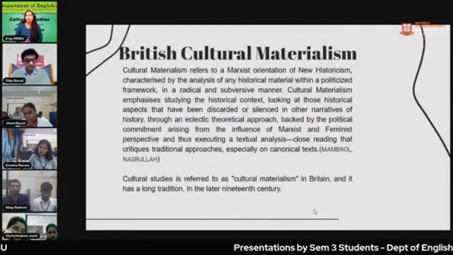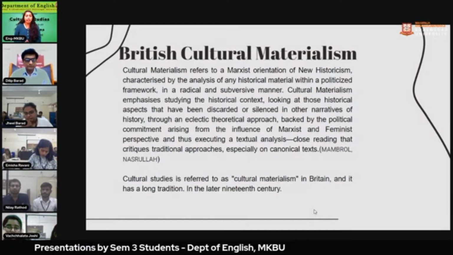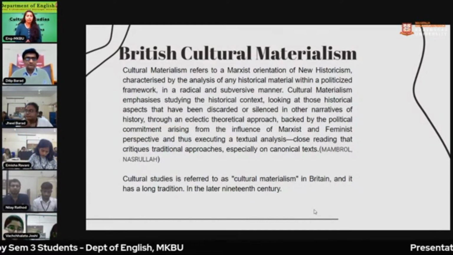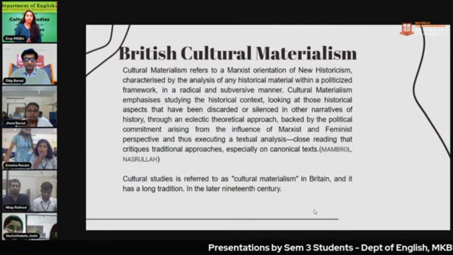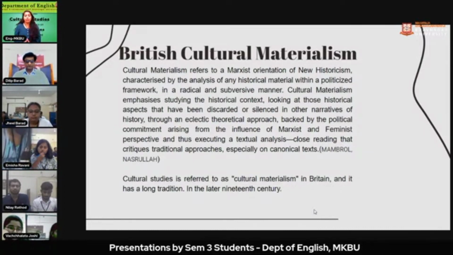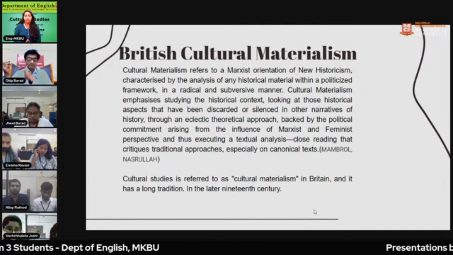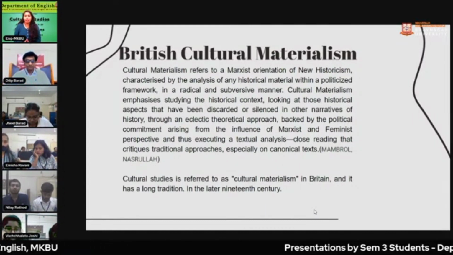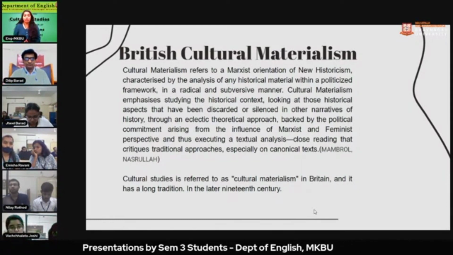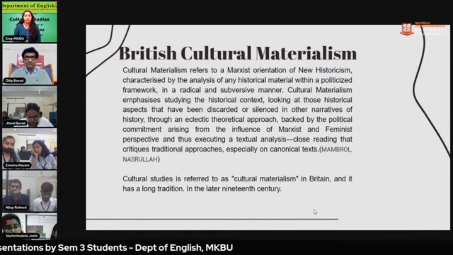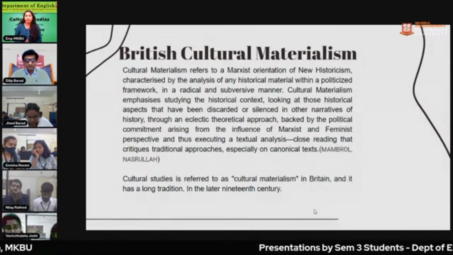Cultural materialism refers to a Marxist-oriented new historicism, characterized by analysis of any historical material within a politicized framework in a radical and subversive manner. Cultural materialism emphasizes the study of historical context, looking at those historical aspects that have been described or silent in other narratives of history. It is an analytic theoretical approach backed by political commitment arising from the influence of Marxist and feminist perspectives, and thus